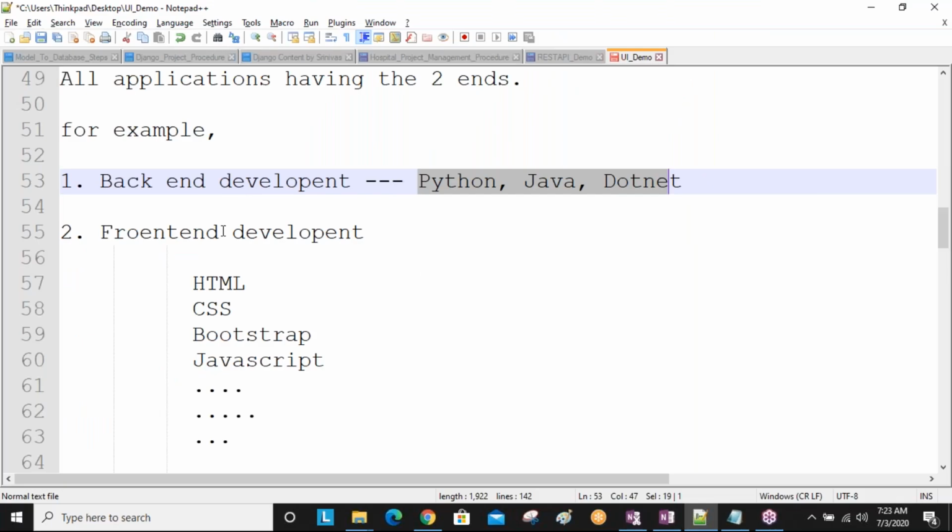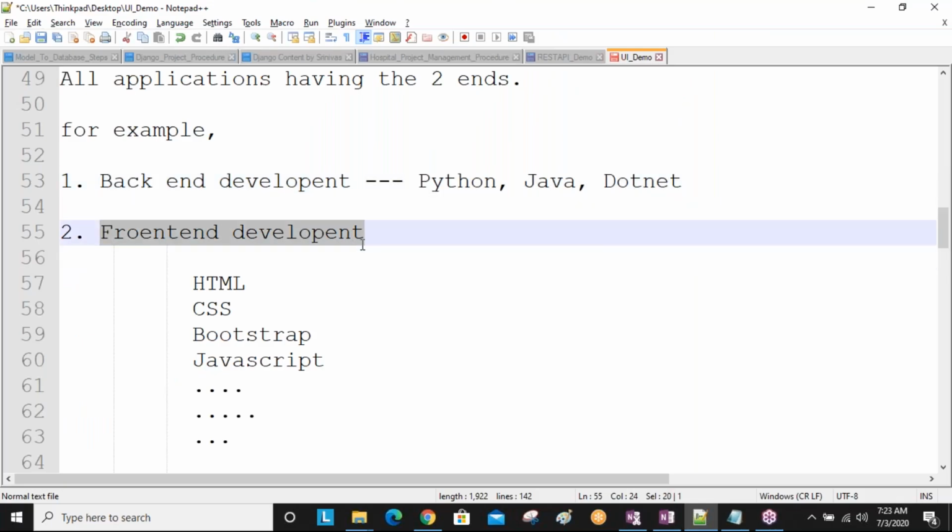Okay. And next, front end developers. The person who is working on the presentation side, who is responsible for developing and designing the application on the front side, then that developer we are calling a front end developer. Understand this one?